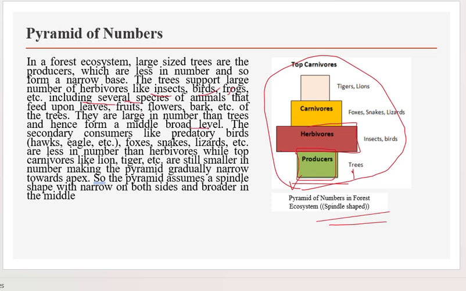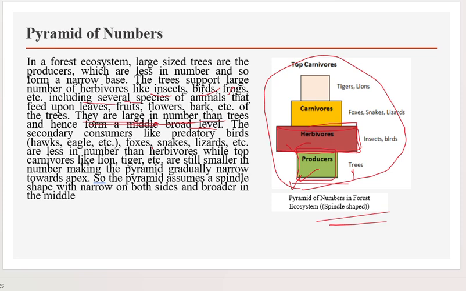Okay, then fruits, flowers, bark, etc. of the trees support organisms that are large in number, that is insects, birds, and other organisms. They are herbivores and their numbers are large. So the second trophic level, the herbivores, is broader as compared to the producer trophic level. Okay, the secondary consumers like predators, birds,